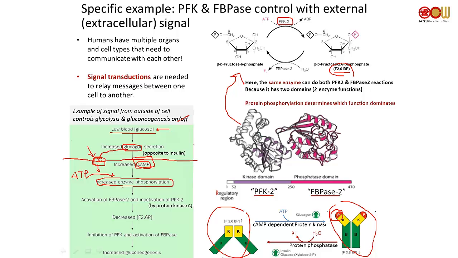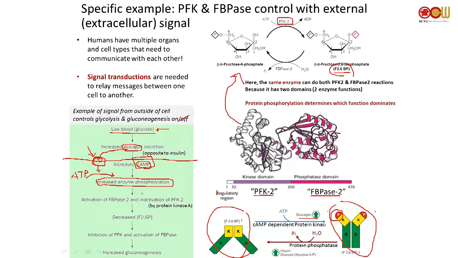Kinase. It's going to be some kind of protein kinase. Okay? It's going to be a protein kinase because it's a kinase because it's going to phosphorylate something. And what does it phosphorylate? It phosphorylates a protein. Okay? So it's a protein kinase. Okay, that's good. All right. So once you do the phosphorylation, you're going to basically see how it's going to use ATP and then turn this guy into this phosphorylated version.